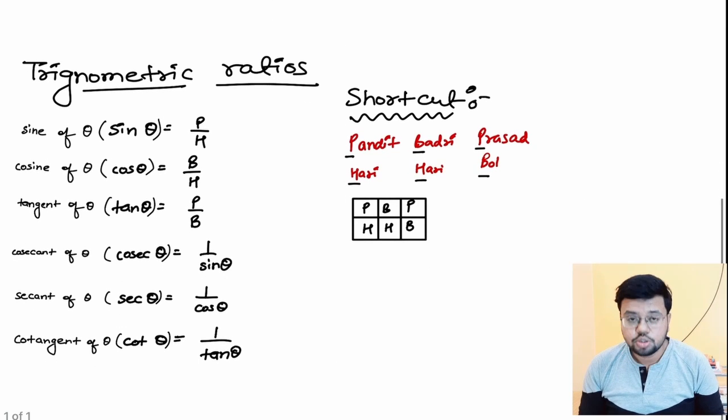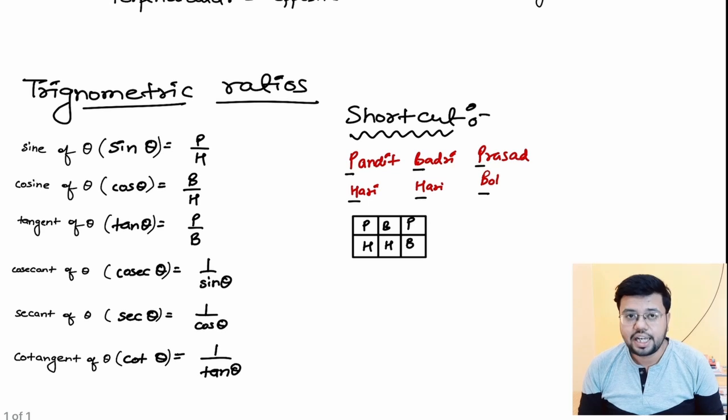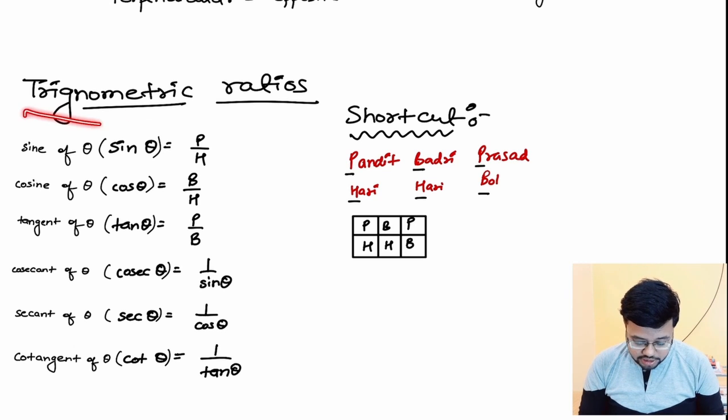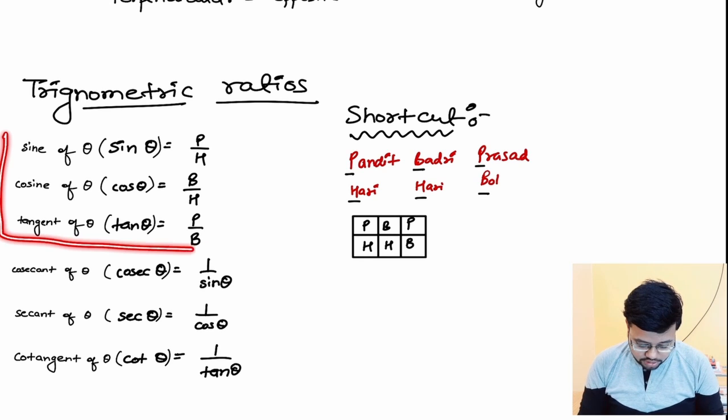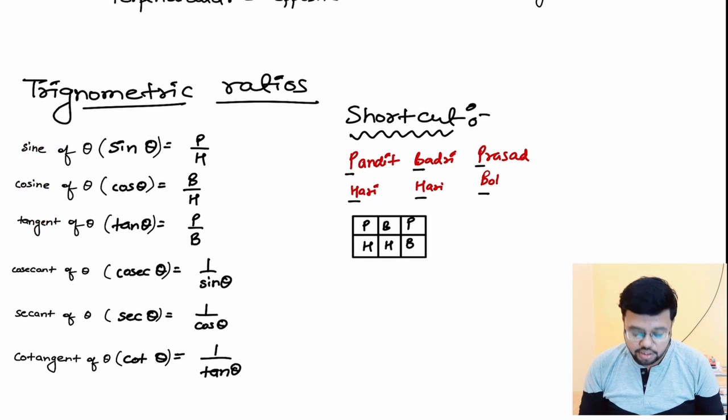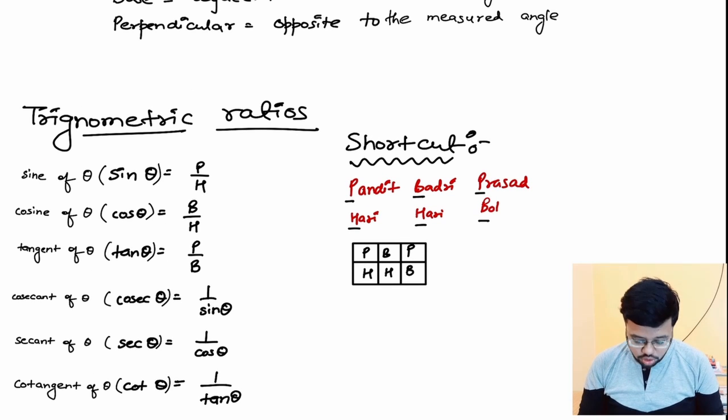After that, the ratios that we are going to discuss about the sides and the angles come under the trigonometrical ratios. There are basically 6 trigonometrical ratios in mathematics, out of which 3 are the most important, shown here: sine theta, cosine theta and tangent theta. The sine theta is defined as the ratio of the perpendicular and the hypotenuse of the triangle. The cosine theta is the ratio of the base and hypotenuse. The tangent or tan theta is the ratio of perpendicular and the base.